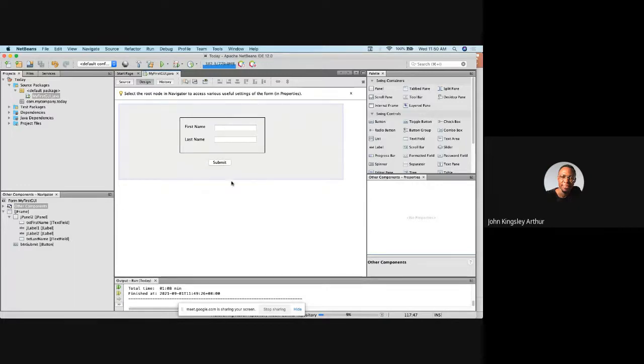So what we intend to do is that when we click on the button, that is when the event must be invoked. We want to write the instructions behind the button called submit. Now to write the instructions behind submit, double click on the button. Have you done that? If you double click on the button,